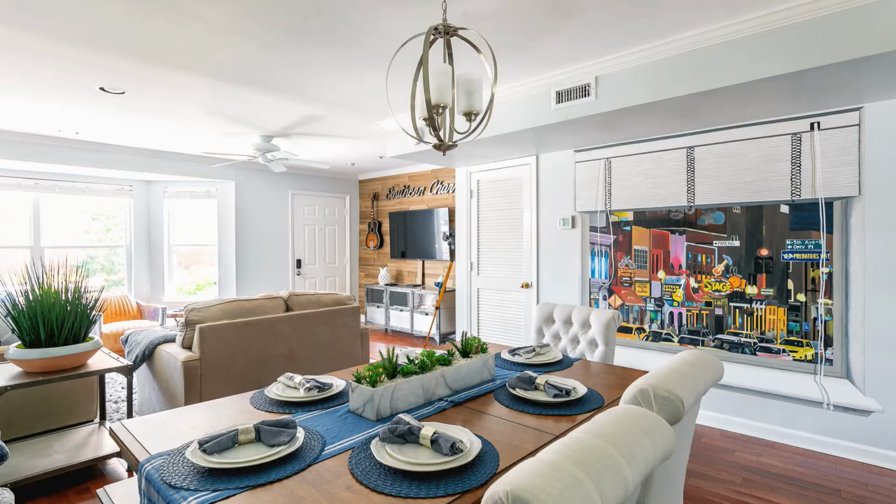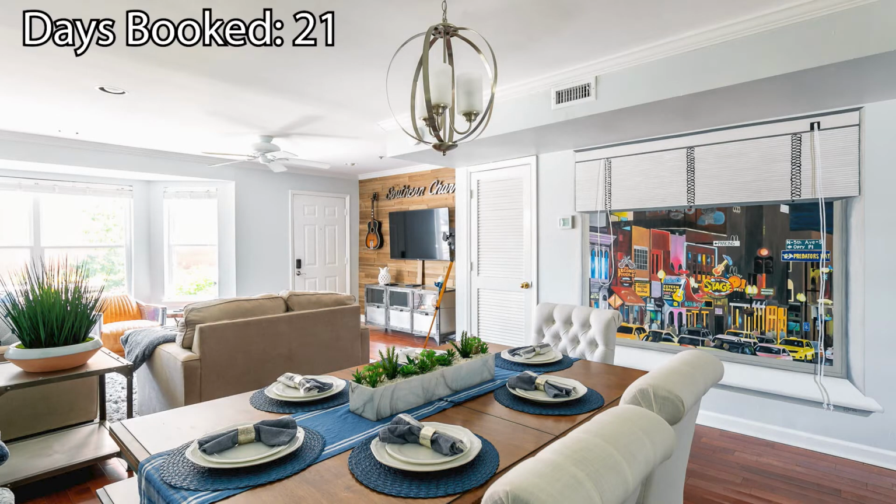So this leads us to property number 2, which is a 2-bedroom condo or townhouse, which is downtown Nashville, and that sleeps up to 8 people. Now this place is starting to perform better. We're starting to get more bookings and starting to see more midweek bookings as well, which is critical for this property to perform well. So for this property, we had 21 nights booked in the month of March, which gave us a revenue of